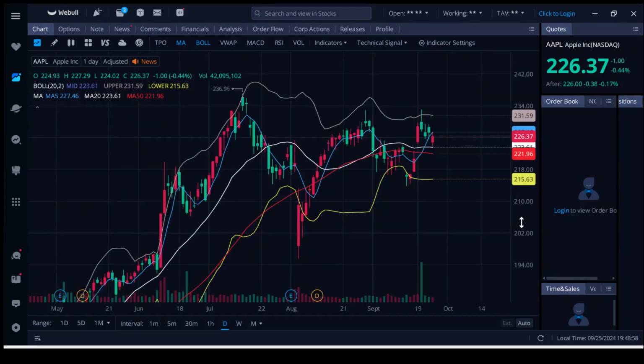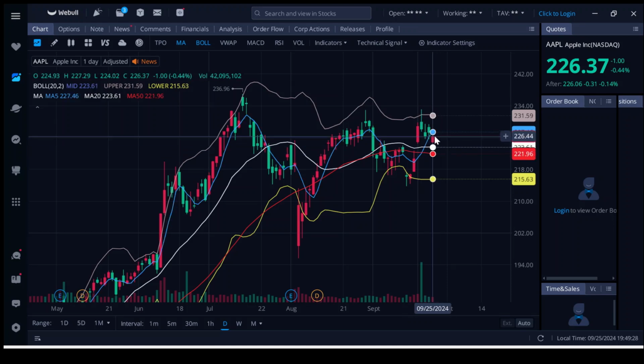On Apple, the stock is down 0.44%. You can see on my screen, the white line, the 20-day moving average, came down to 224, went back up, and now is holding 226. So Apple will have support at 226, same as the line. Under that, the critical level is 224. We also have support at 222 because of this 50-day moving average, the red line. Under that, 220, and then 216. If Apple gets that breakout over this rising 5-day moving average, 227.46,